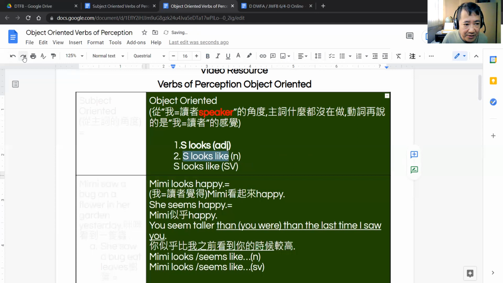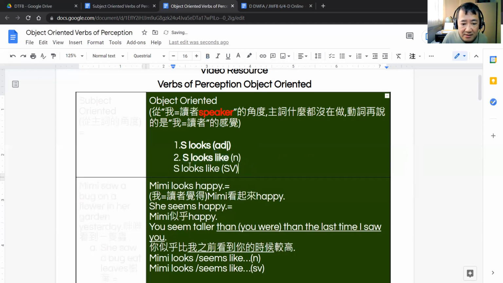And the third structure is the same as the second one, except at the very end. So again, we're going to need a subject, and then looks. We're going to use looks. It could be other verbs, okay? And then again, we're going to say the subject looks like, but this time instead of saying the subject looks like something or someone, we're going to follow it by a sentence, an actual sentence, as in,